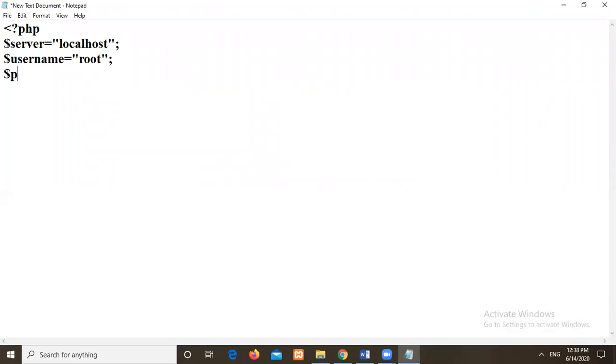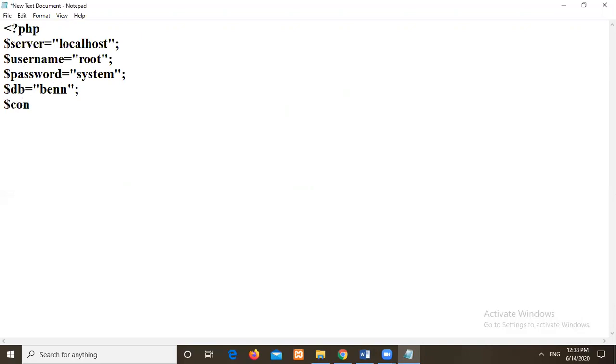Then I will take the password. What is the password for my database? The password is system. Then I will take database, to which database I am going to connect, and in which database I am going to create a table. I should mention here. So here I will write the name of the database, Ben. This is what we have created in our previous videos, right?